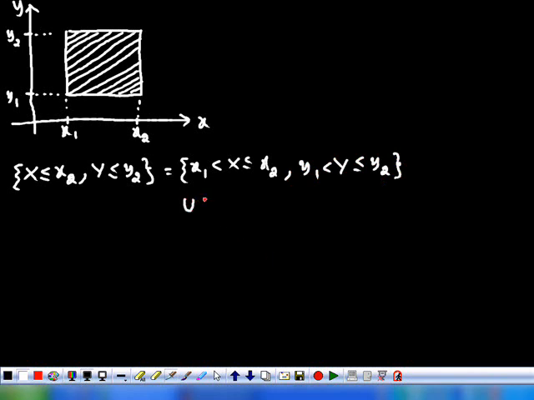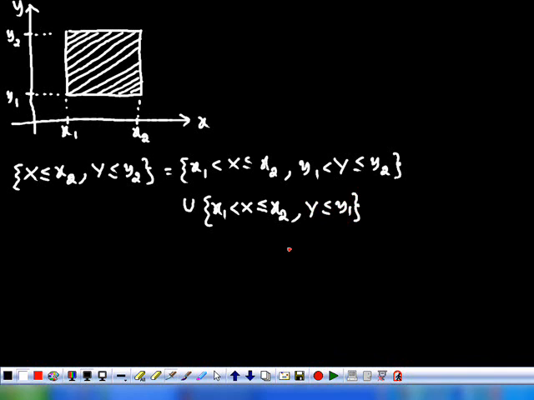And union of, see here, this is also one event, this region. What is this region? This is x less than or equivalent to x2 and y less than or equivalent to y1. See that the comma, once again I am repeating, indicates the joint event, intersection. Are you following this? How I am writing? You see the diagram.